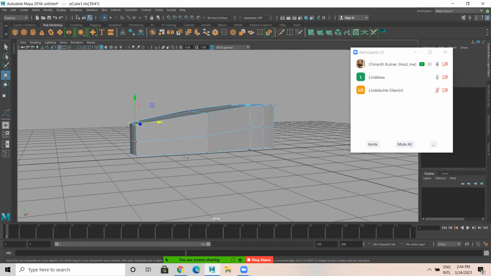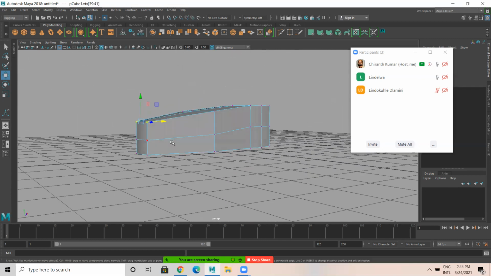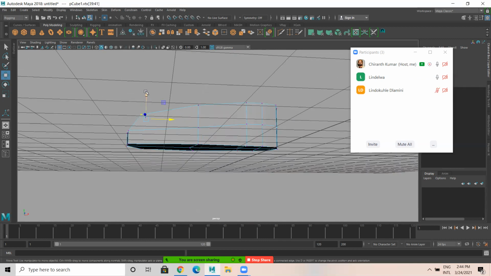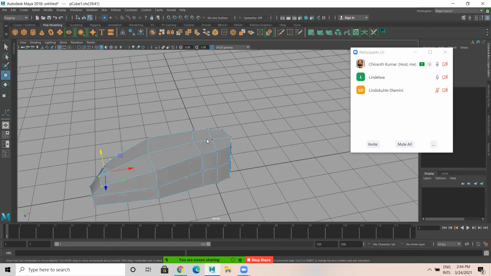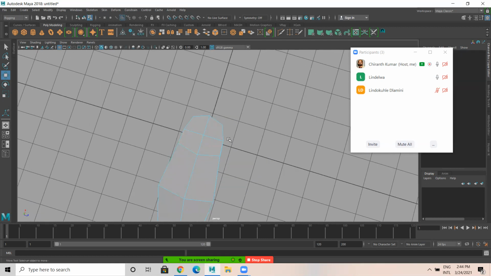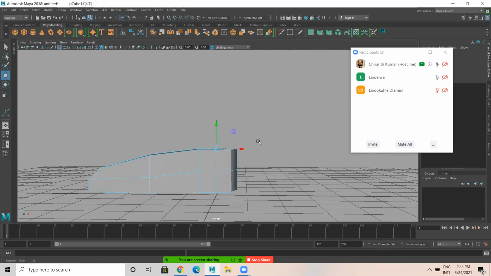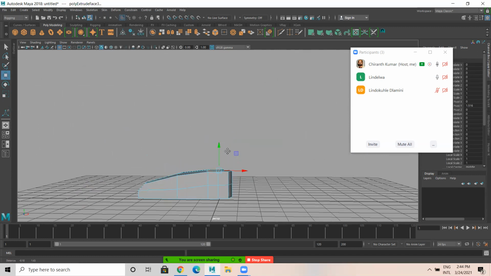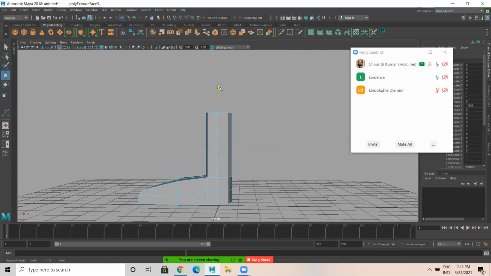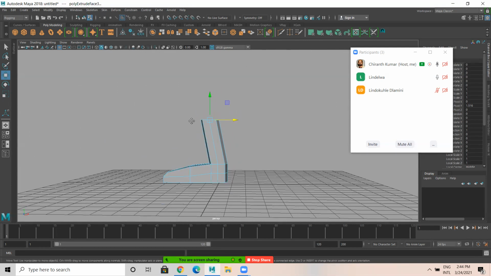Later here, I select these 4 faces, and I select these 4 faces. Then I extrude here.